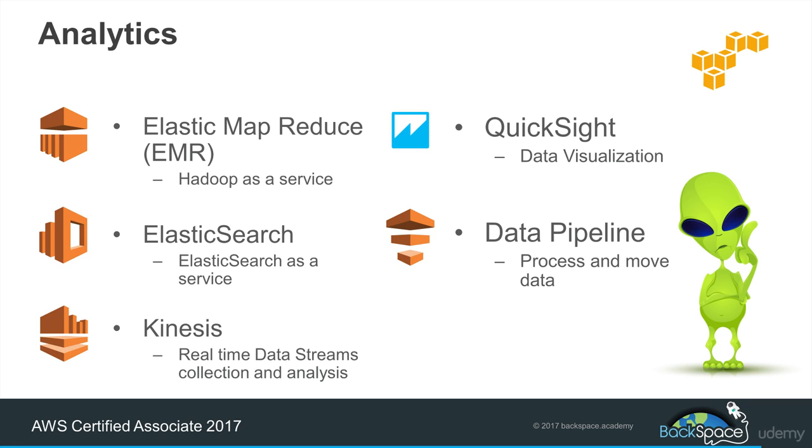We have Elasticsearch, and that is Elastic.co's Elasticsearch application, which has been provided on AWS as a service, and that gives you search engine capabilities for your applications. We have Amazon Kinesis, which is a very rapidly growing service, and that enables us to collect real-time